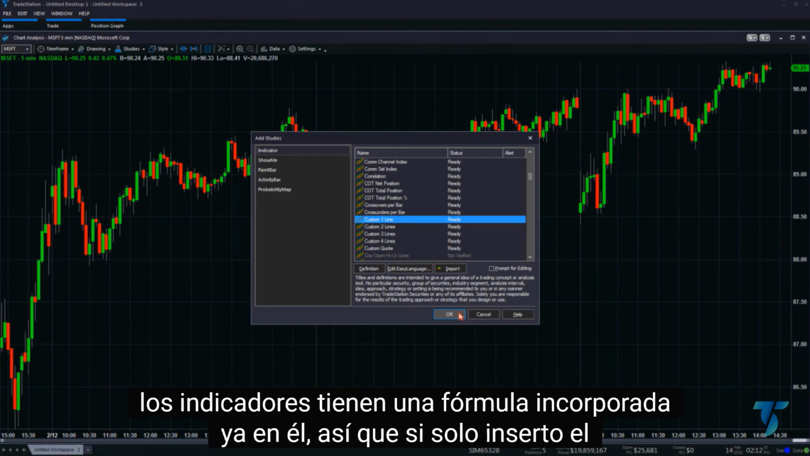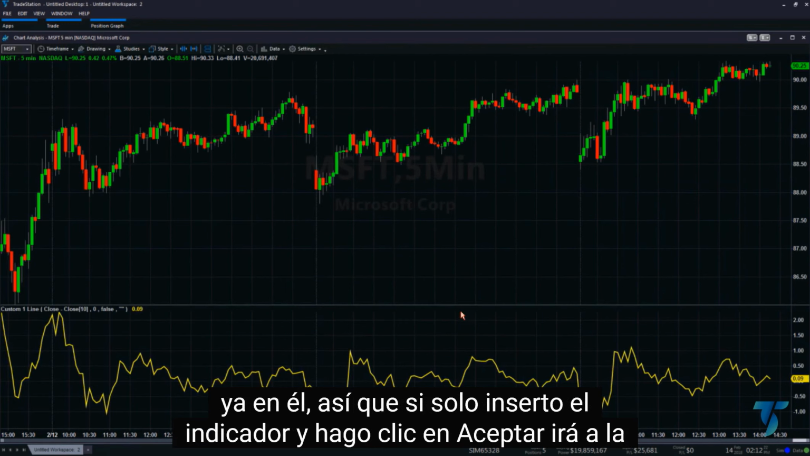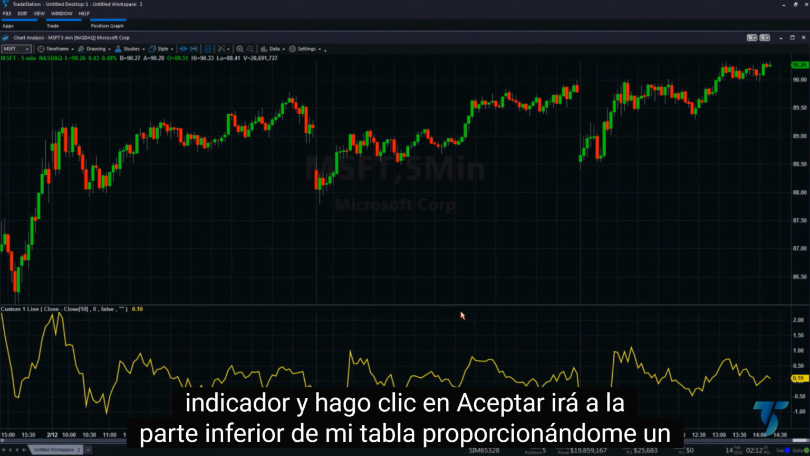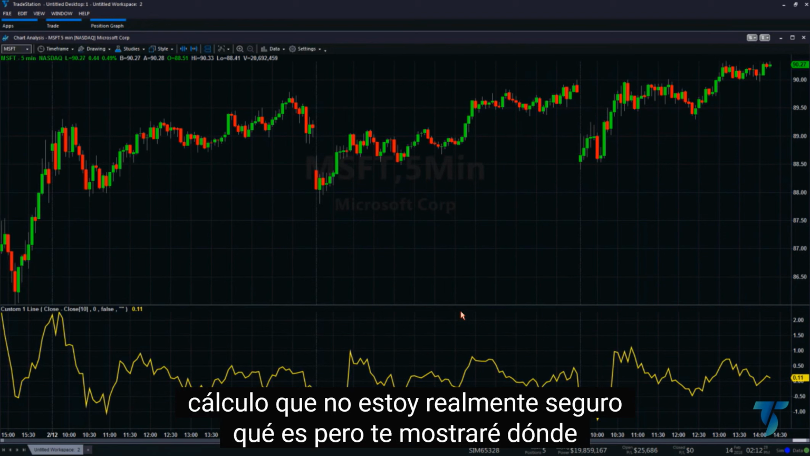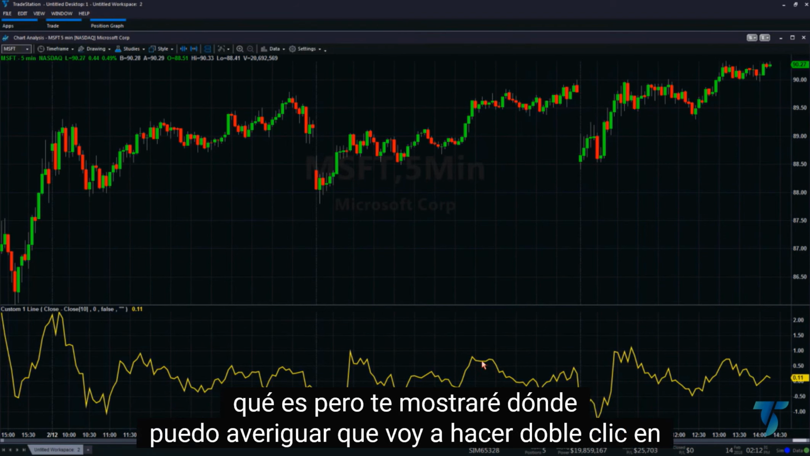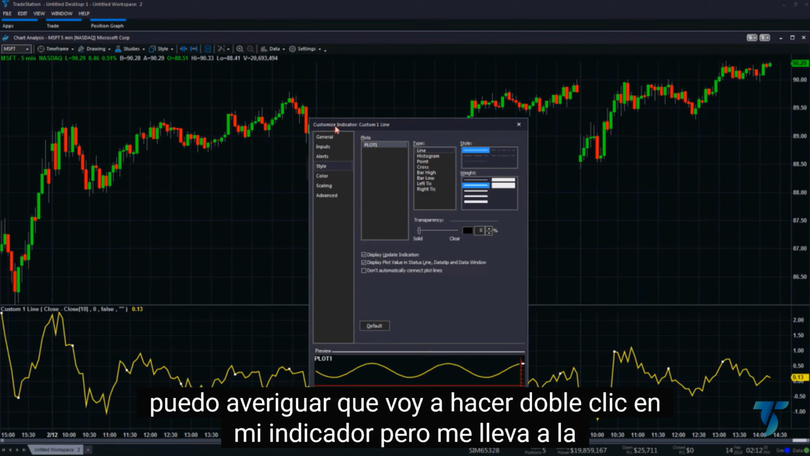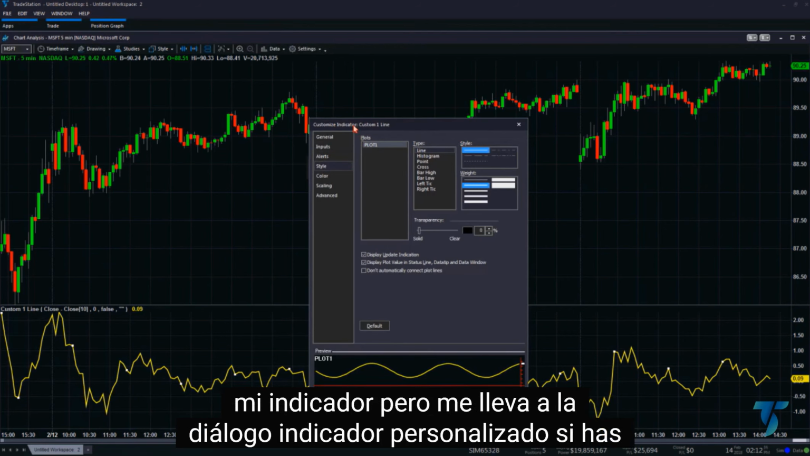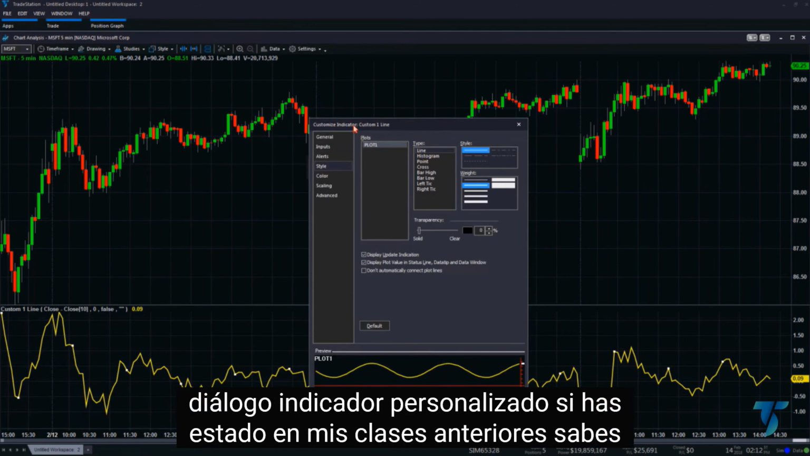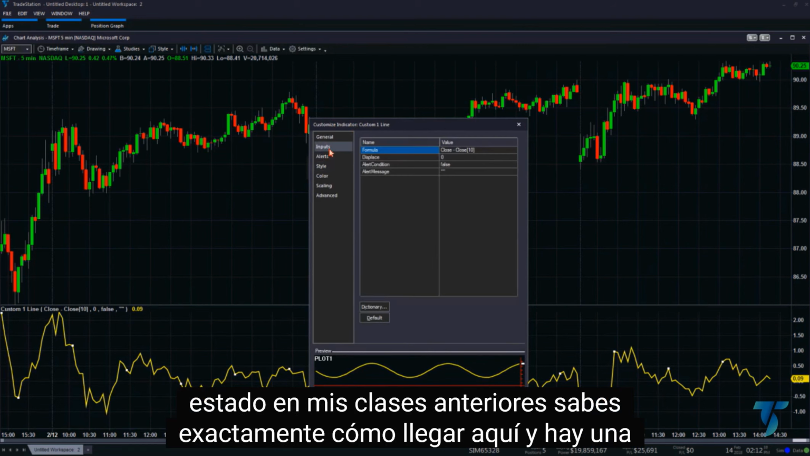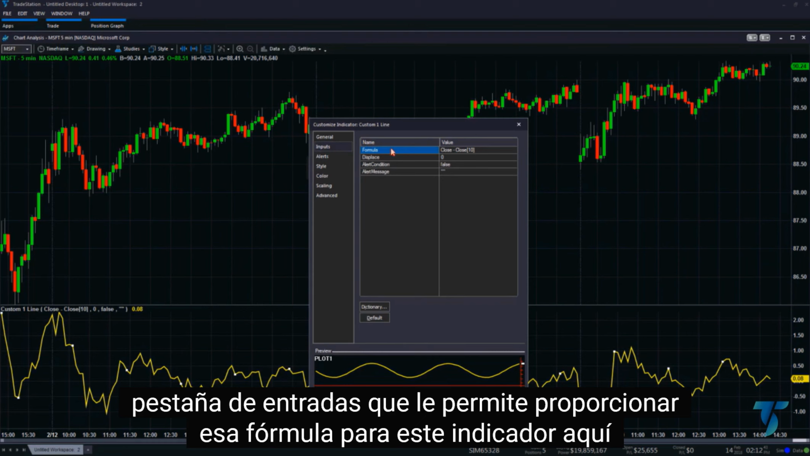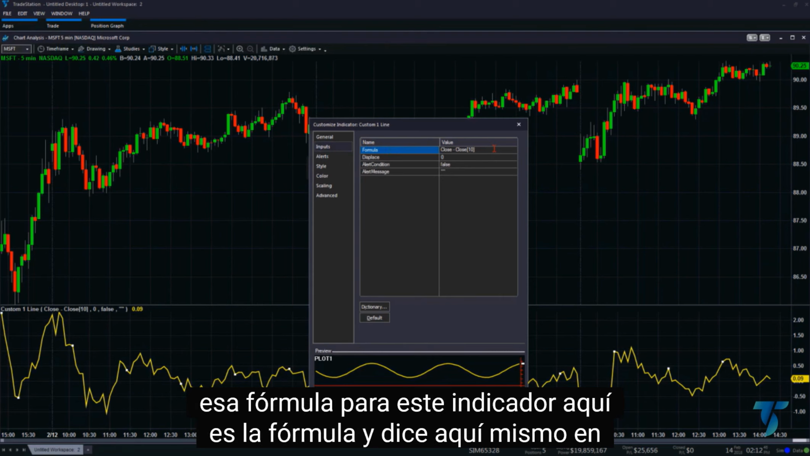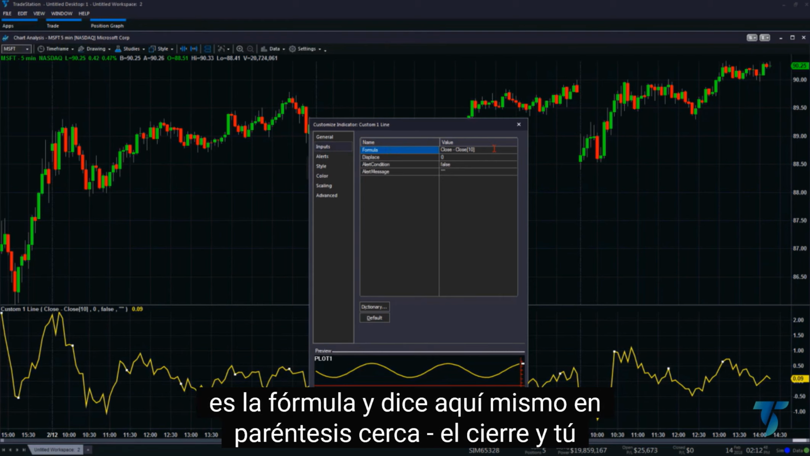So if I just insert the indicator and I click OK, it'll go at the bottom of my chart, providing me a calculation that I'm not really sure what it is, but I'll show you where you can find out. I'm going to double click on my indicator so that it takes me to the Customize Indicator dialog. If you've been to my previous classes, you know exactly how to get here. And there's an Inputs tab that allows you to provide that formula to this indicator. Here it is, formula, and it says right here in parentheses, close minus the close, and you see this 10